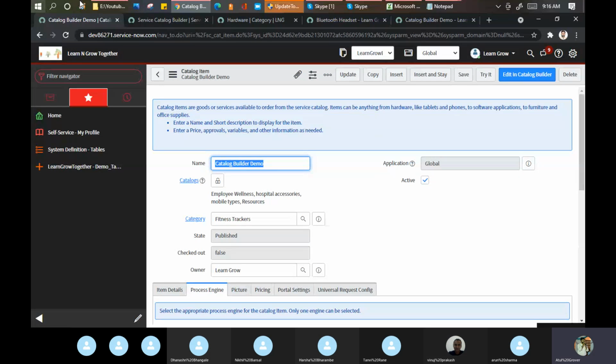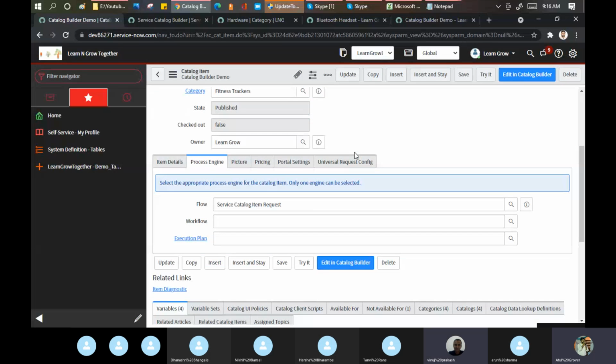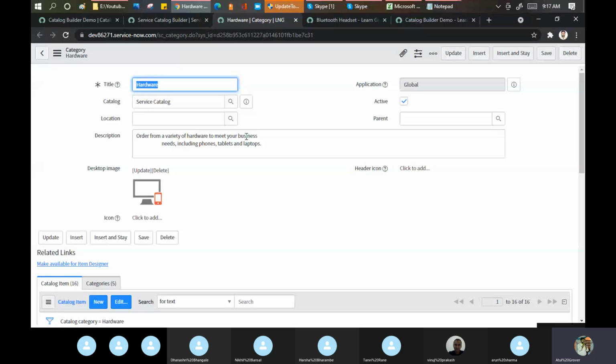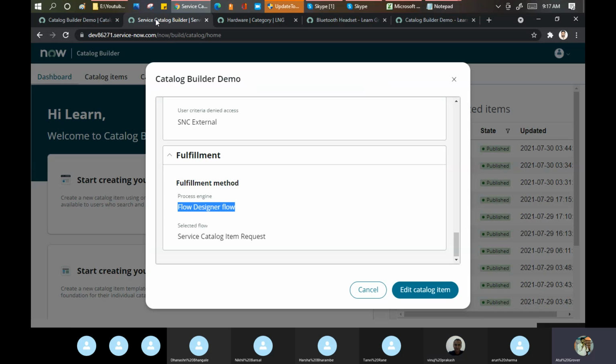So I just showed you how you can utilize both of these things in a parallel manner. I showed you this shortcut or trick as well. Otherwise, if you talk to ServiceNow, they will never accept this cross checking or cross moving here and there. They say I'm giving you the catalog builder, create a template and then create a catalog item. So that is the thing, Vinoj.